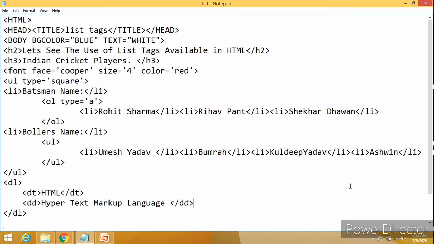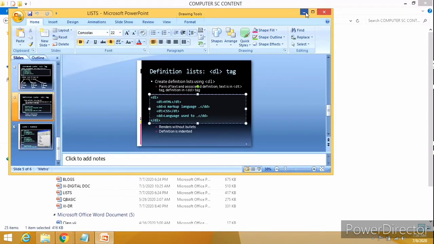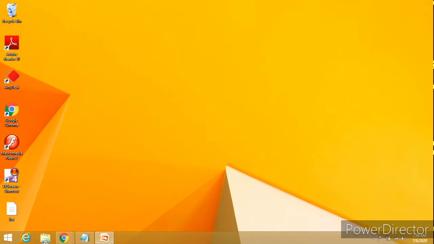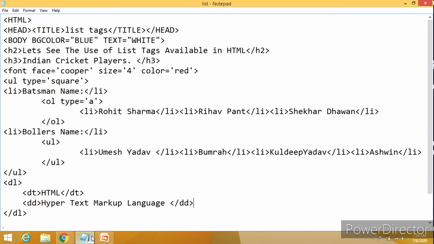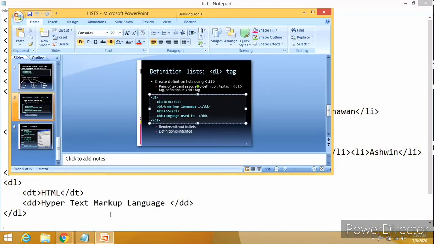Let us save the file and let us see the output. Okay, so where is my browser? Over here. This was our output. Let us see whether it has been added or not. No. What is the reason? The DL, DT, DD.